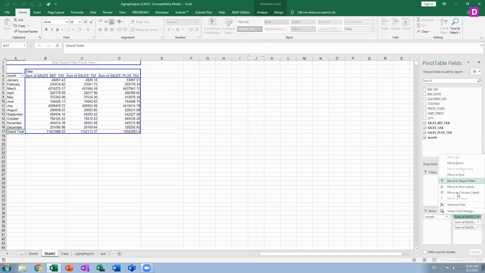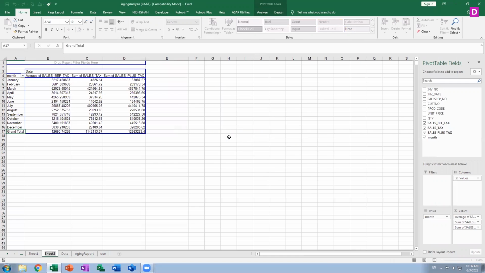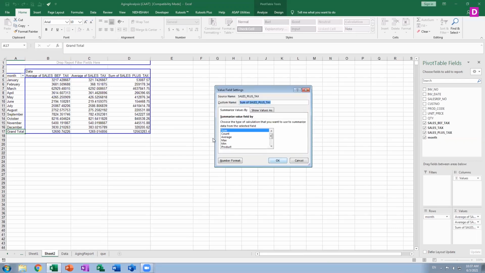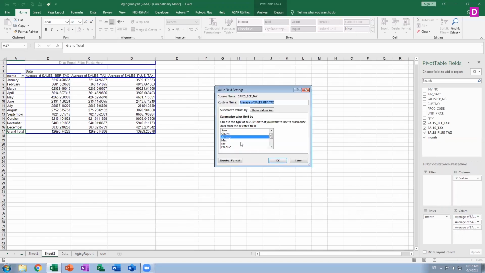If I left click on the value, then value field settings, and go for average, then it is the average of the value. If I left click on this value, go to value field settings and choose average, then the average is also coming from your side. So make sure that the average month values are also coming. Now this is the average sales. If you do not want an average, you want to count